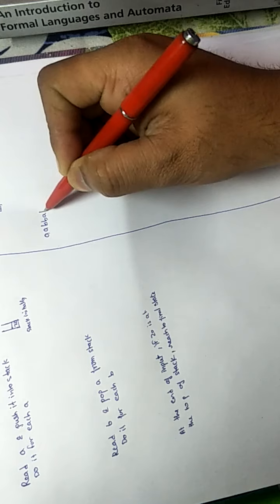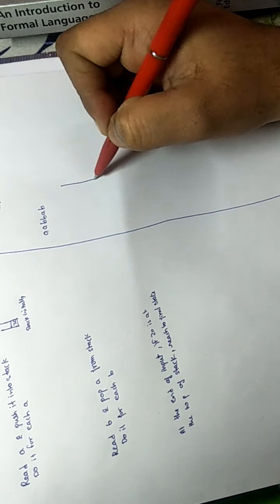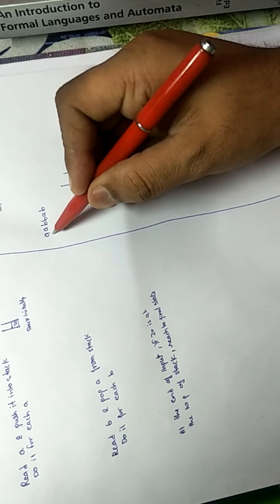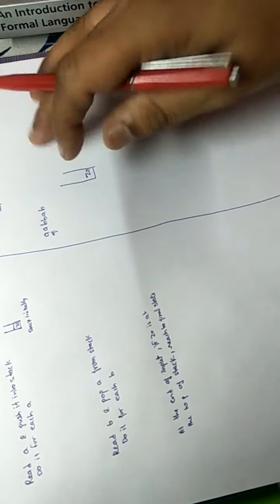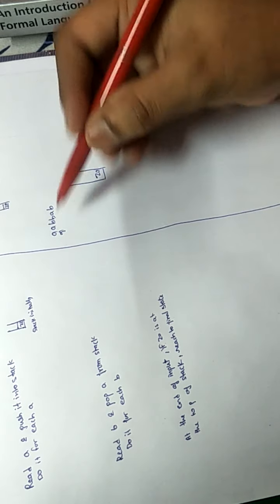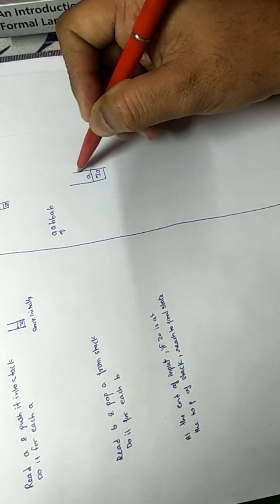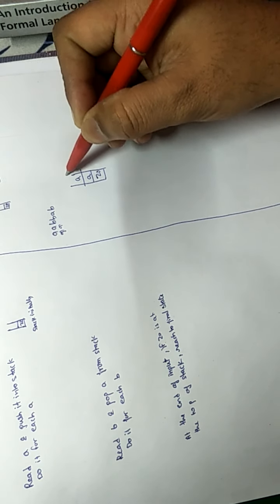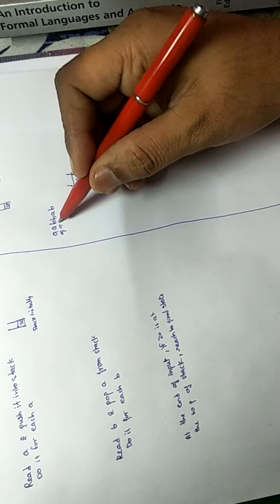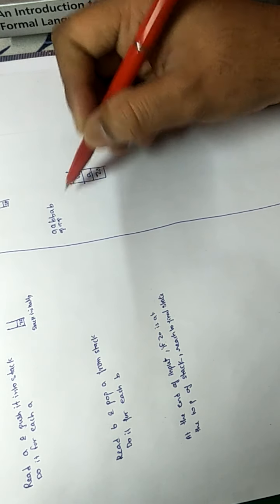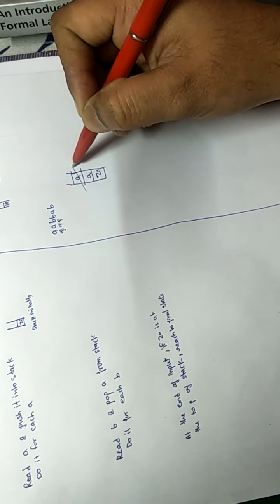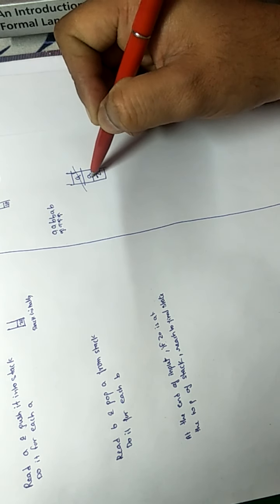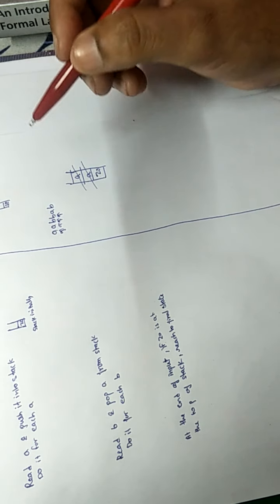Now the problem is with some special kind of input. Suppose this is the input and Z0 is at the initial position. By applying this procedure we read A and push it into the stack. Reading the next A, A is on the top, so push this A in the stack. Reading B, A is on the top, so pop it. Now the cursor moves to this place. For this B, there is A on the top, pop it.